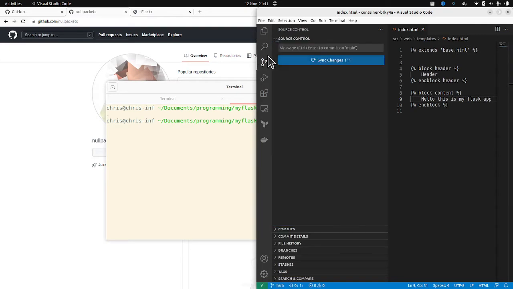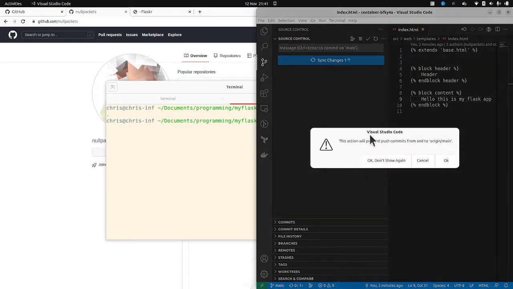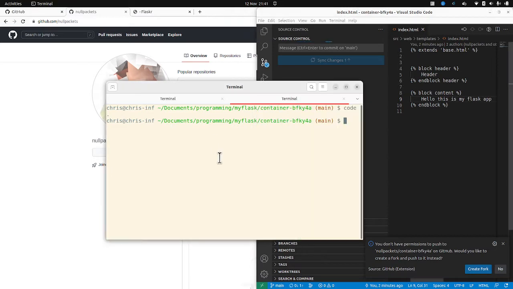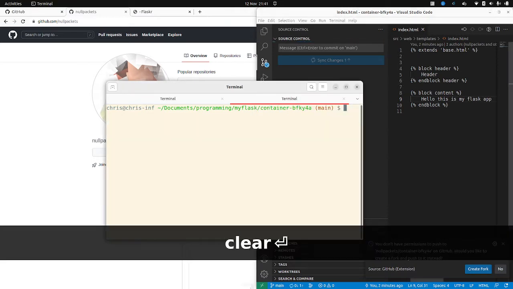And go back to the UI for git inside VS Code. Let's see if we can sync now. No, okay. We'll forget VS Code for now because it's actually getting in the way. And we'll do SSH